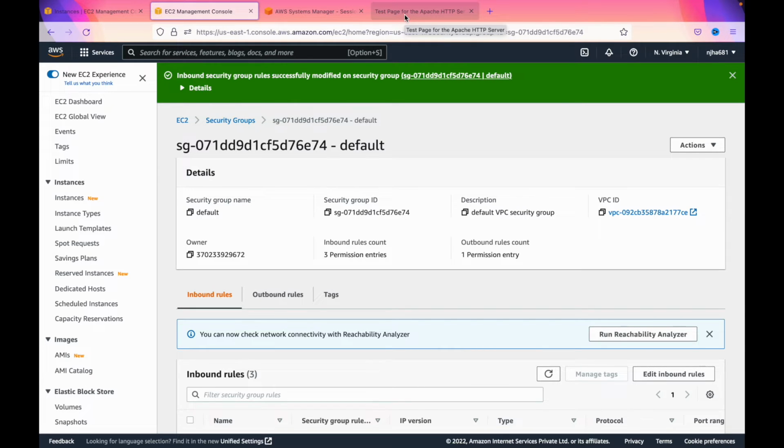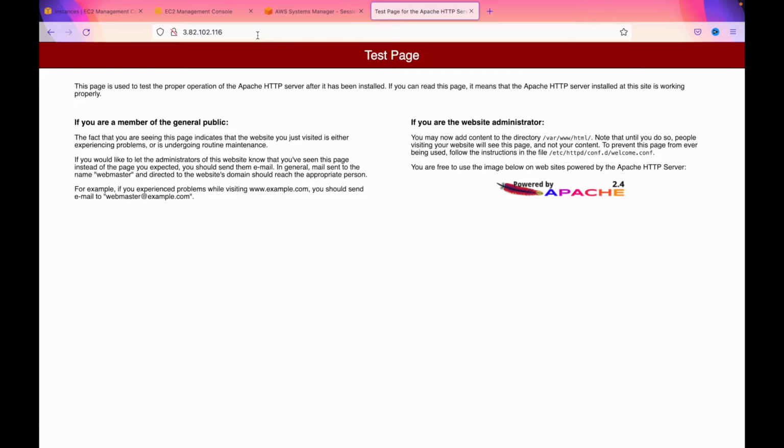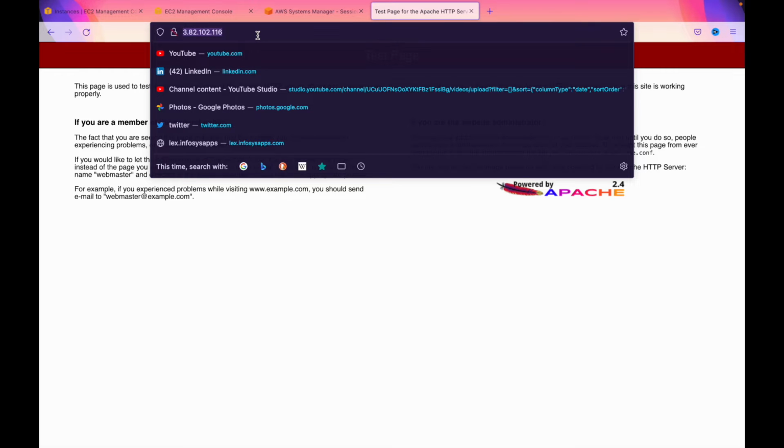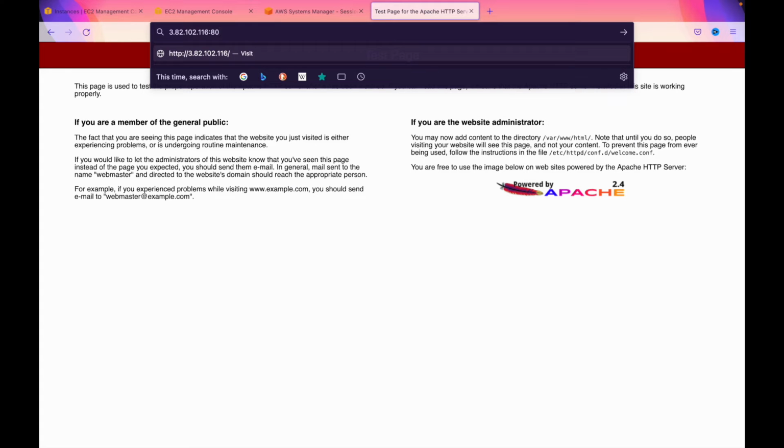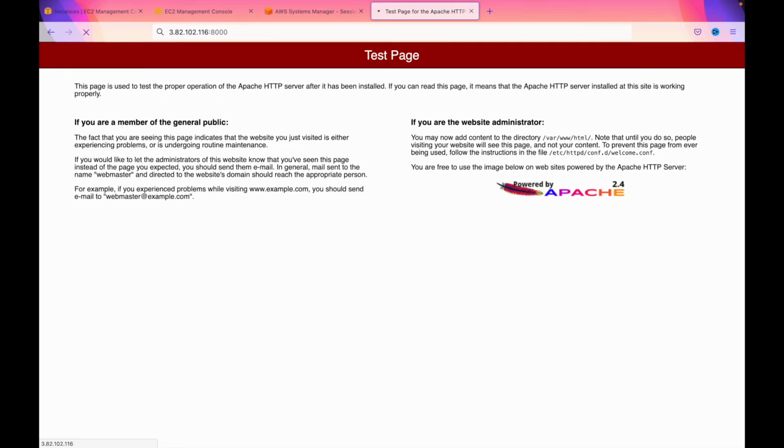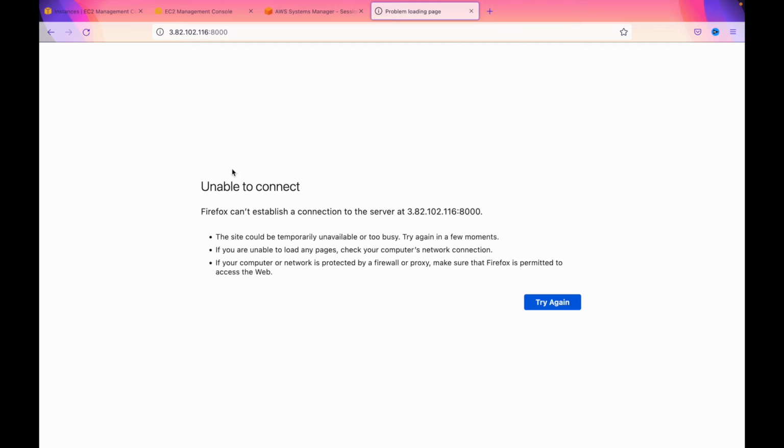Without changing server's httpd.conf file, let us try to open this page again with port number 8000. So I already have copied its public IP :8000. We can see unable to connect. Now we will go inside server again